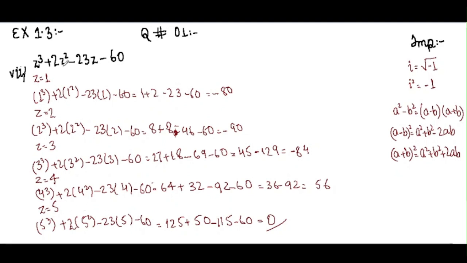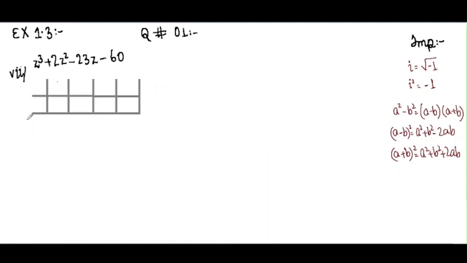So now we are going to divide it by synthetic division with the number 5. We are going to remove all this, because this is the rough work. We just have to find the number which gives us the answer 0, so that we can divide using synthetic division. First of all, we see that it is in the right descending order: z cube, then z square, then z, then the constant, which is in the right order. So this polynomial is complete in itself.